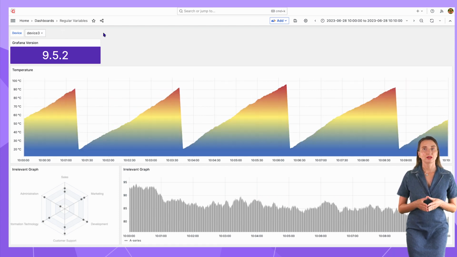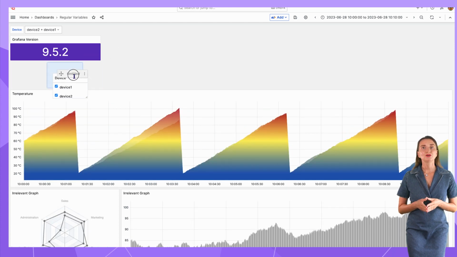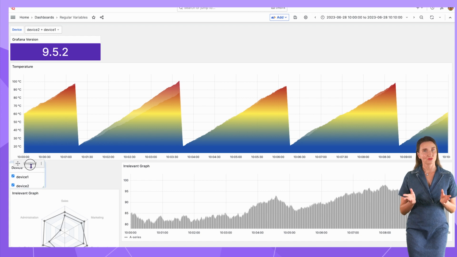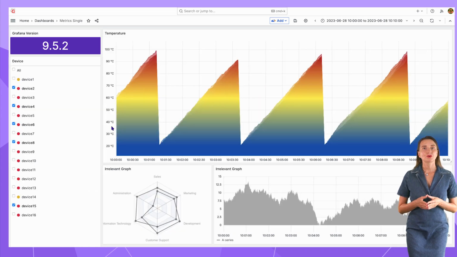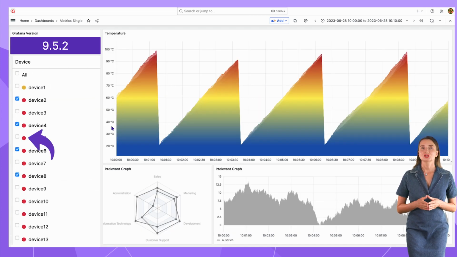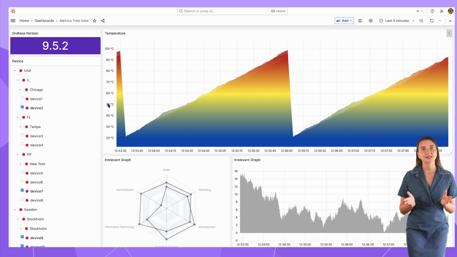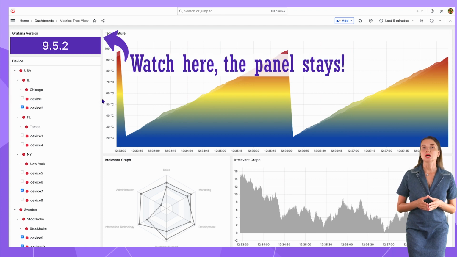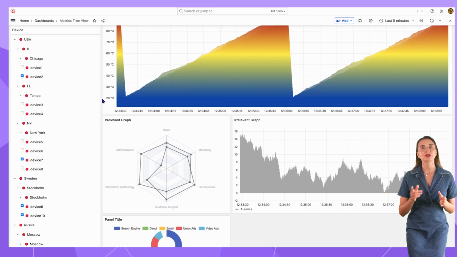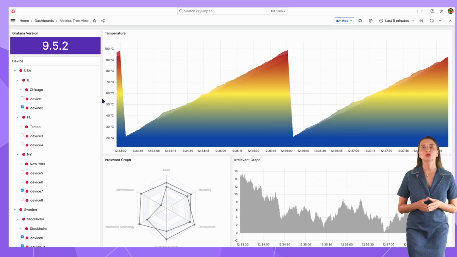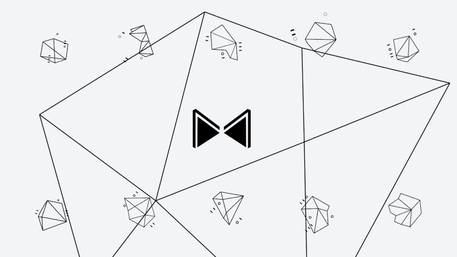The variable panel builds on top of all that and allows you to display your variables in any area of your dashboard. Depending on your threshold, display a color next to the variable value. Design more complex visuals like collapsible tree views. Choose a sticky position option that allows you to always have your variable in front of your eyes while you're scrolling your dashboard. Are you ready for the demo? Let's go!